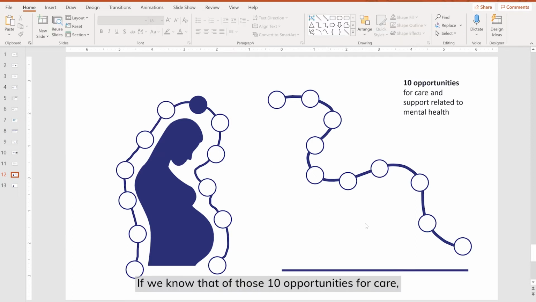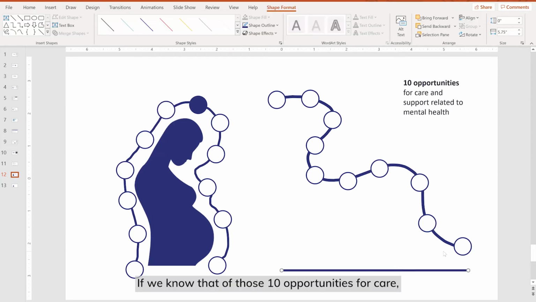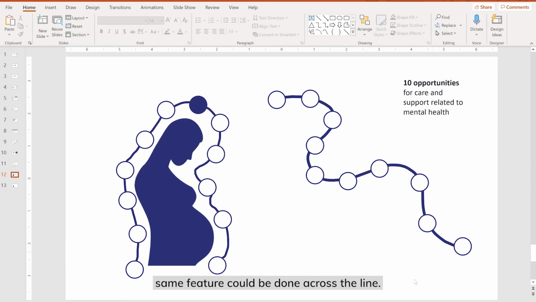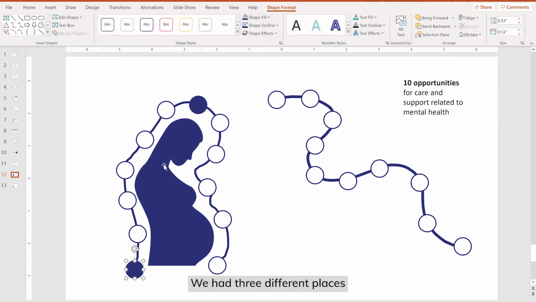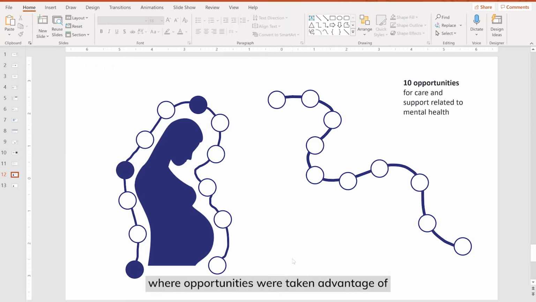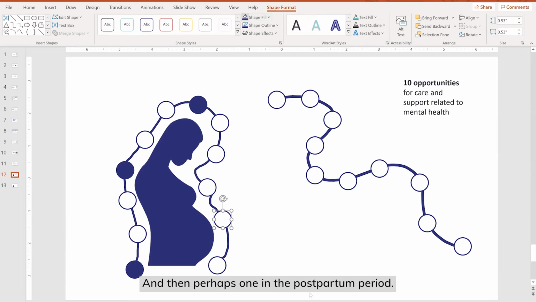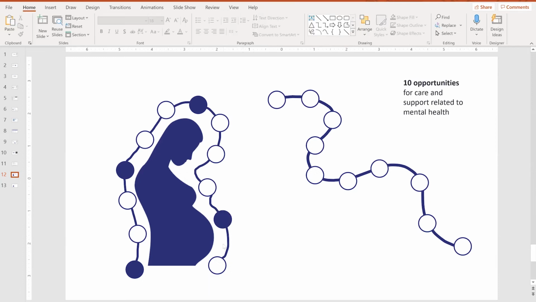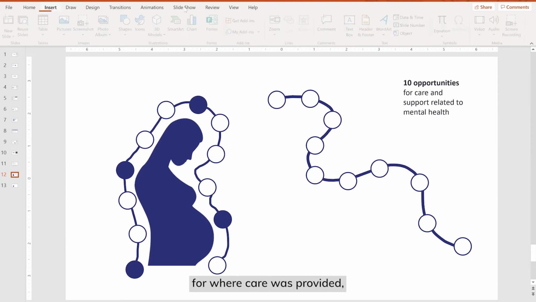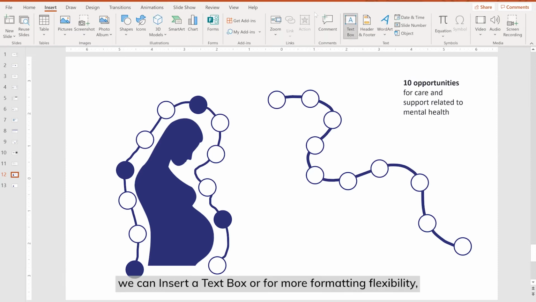If we know that of those 10 opportunities for care, the same feature could be done across the line. We had 3 different places in the prenatal period where opportunities were taken advantage of and care provided. We could go ahead and fill in those circles, and then perhaps one in the postpartum period. Once we've identified and filled in the circles for where care was provided, we can insert a text box, or